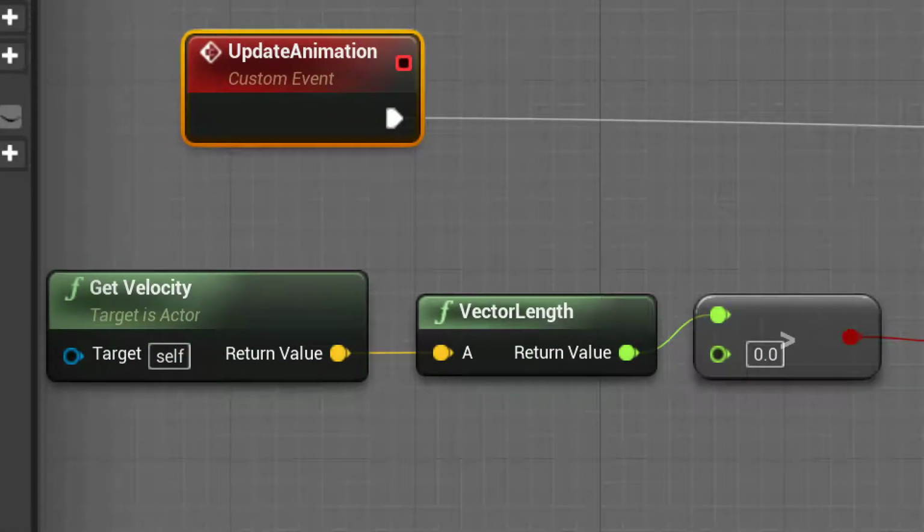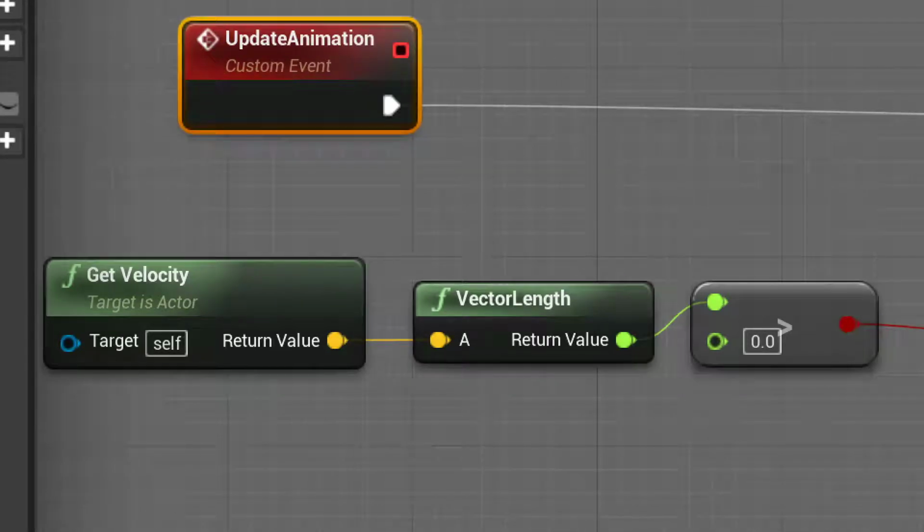So if we follow to the left of the greater than symbol here, the value that we're actually trying to figure out if it's greater than 0 or not is velocity of our character. Essentially, if our character is moving, if it's greater than 0,